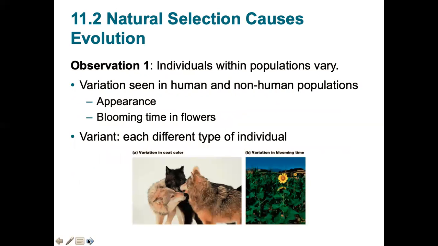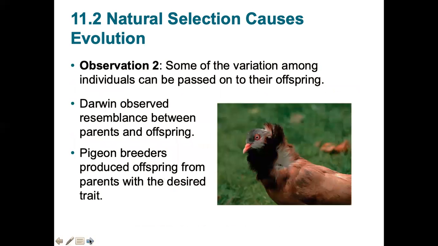Some of these changes are things like coat color, bloom times. So here, if you think about it, these variations are random, right? Like just different wolves, the couple flowers here are blooming at different times. But if that particular variation improves the ability of that organism to pass on their genes to the offspring, then that's the process of natural selection. That's where now that offspring is going to have those genes and the population is going to start to drift in that direction.